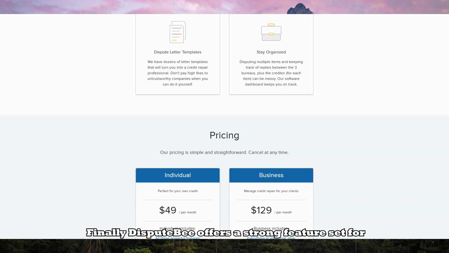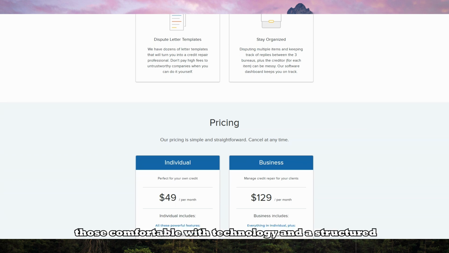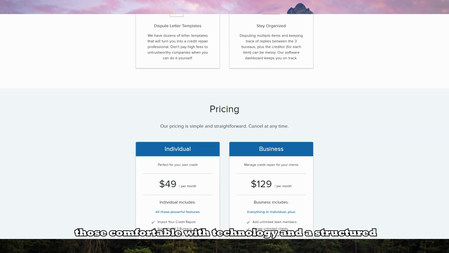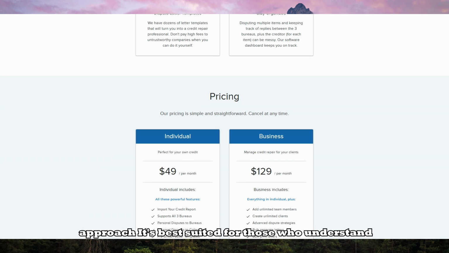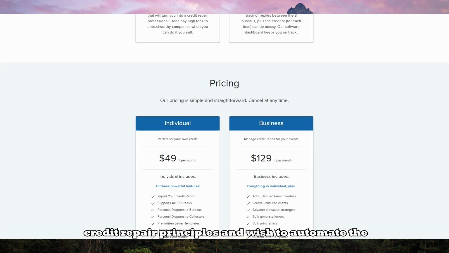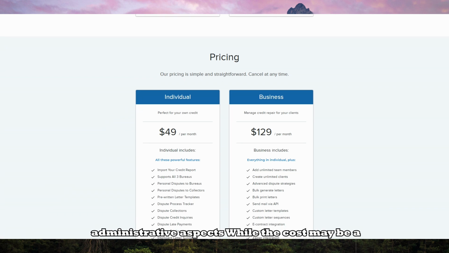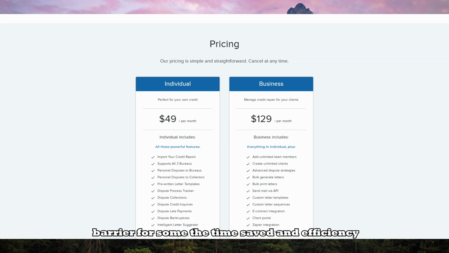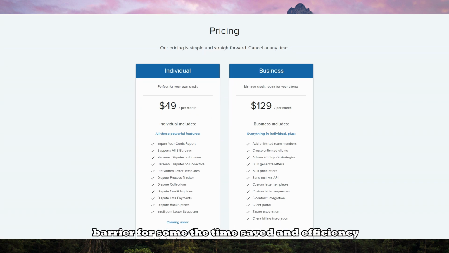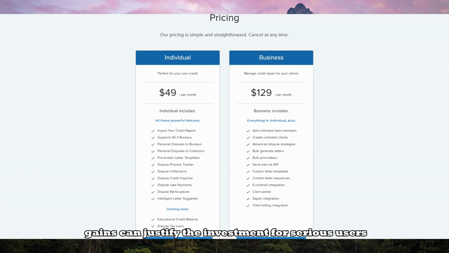Finally, DisputeBee offers a strong feature set for those comfortable with technology and a structured approach. It's best suited for those who understand credit repair principles and wish to automate the administrative aspects. While the cost may be a barrier for some, the time saved and efficiency gains can justify the investment for